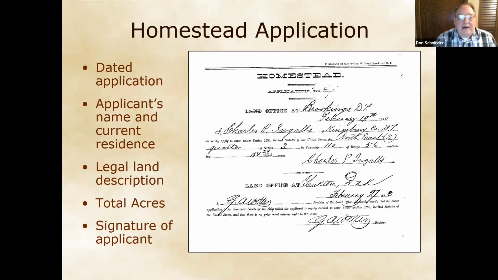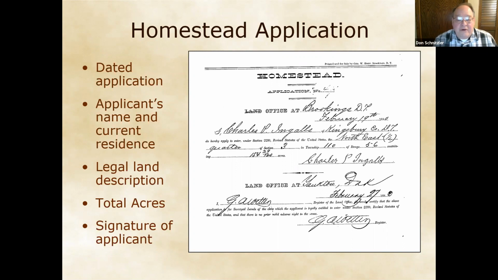So the National Archives has a really nice example of what the homestead application and land entry file looks like, and they use Charles Ingalls, Little House on the Prairie Ingalls fame. And anyway, what you have here is Charles Ingalls' application for a homestead in the Dakota Territories in 1880. And you see it says that I'm Charles Ingalls, that he lives in Kingsbury County, Dakota Territory. It gives a legal description for the property that he is applying for. And in this case, it was the 1/2 northeast half quarter, section 3, township 110, range 5 and 6